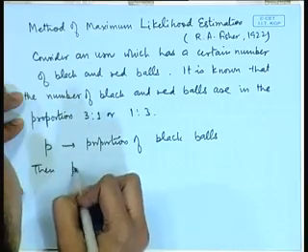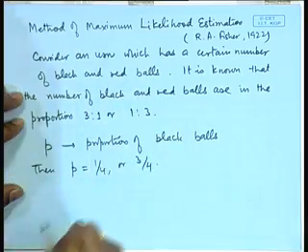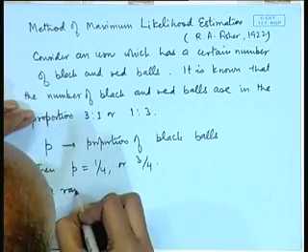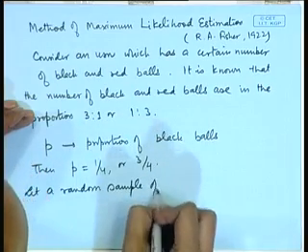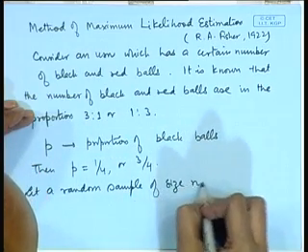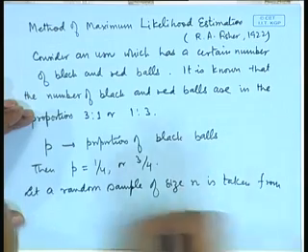Then p is either 1/4 or 3/4. Now, let us see how to frame a statistical inference problem and then an estimation problem from here. What we can do is take a random sample from the urn. So, let a random sample of size, say, n be taken from the urn,